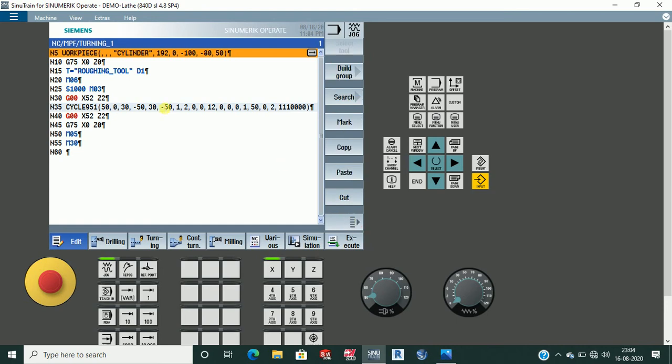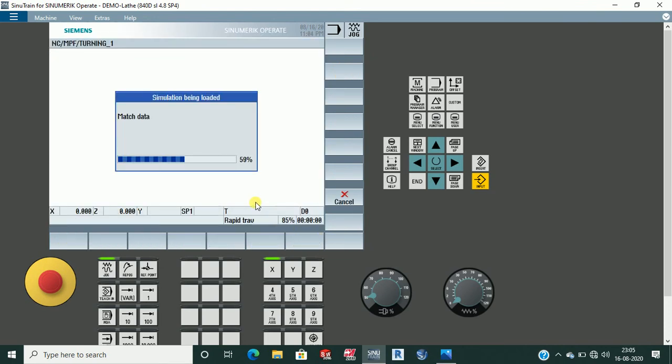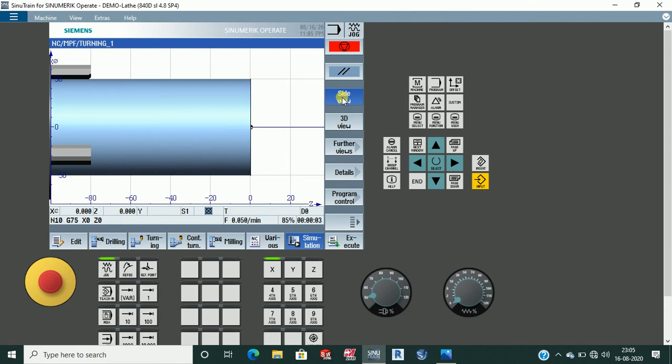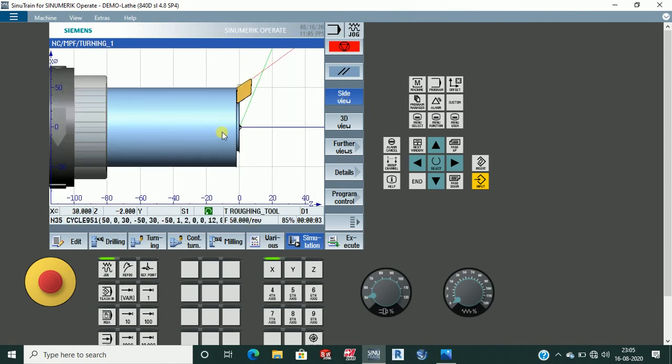Now let's simulate the program and see if it's running or not. If there is any error, we'll fix it. See, the tool is coming and it's cutting.